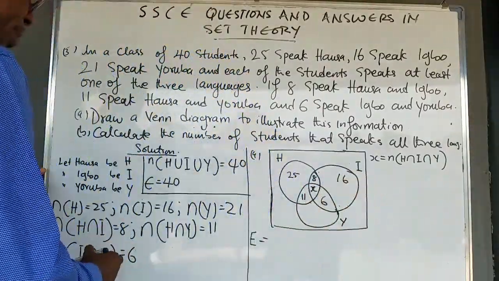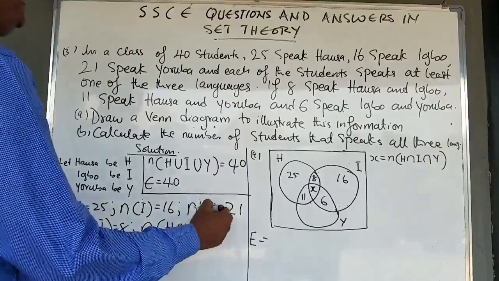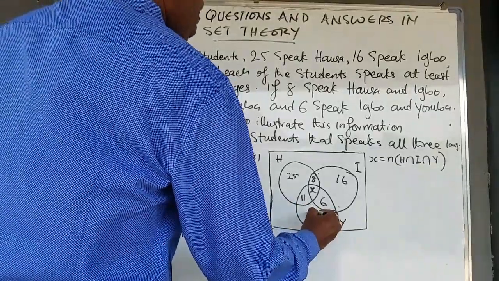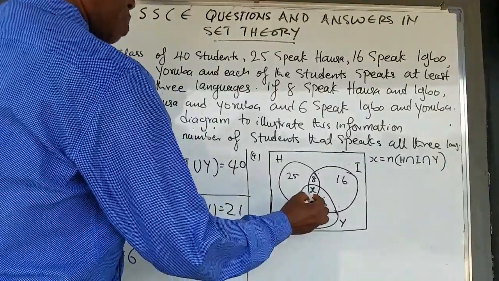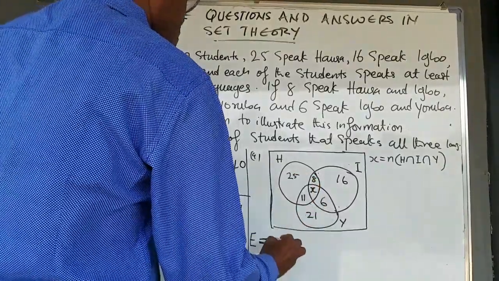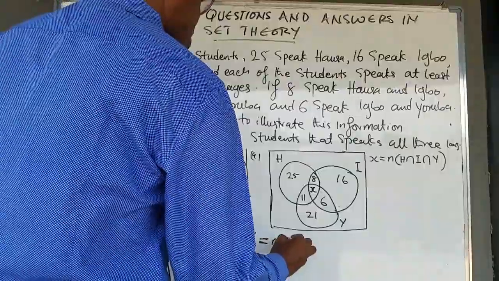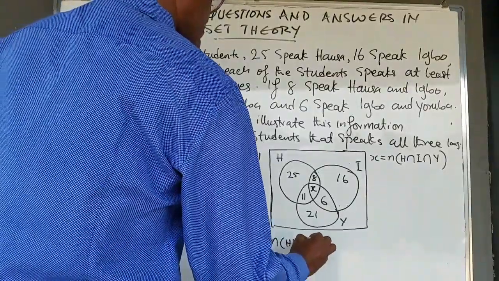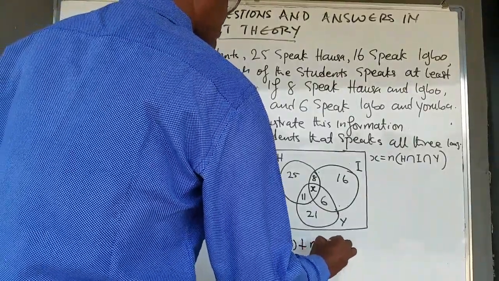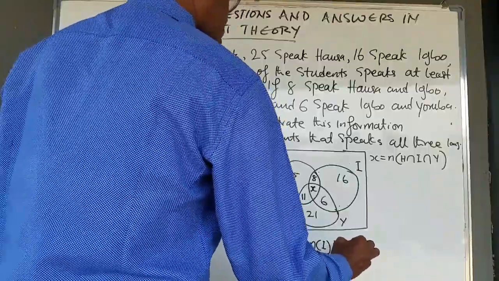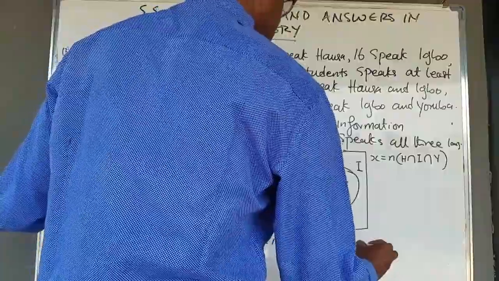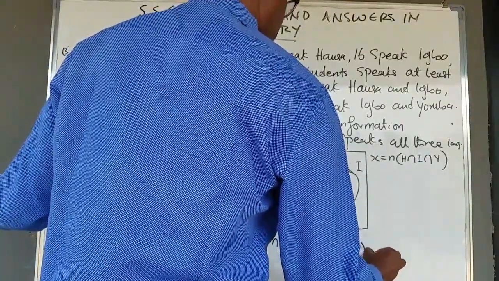Number that speaks Yoruba is 21. So that means E now will be the number that speak Hausa plus the number that speak Igbo plus the number that speak Yoruba